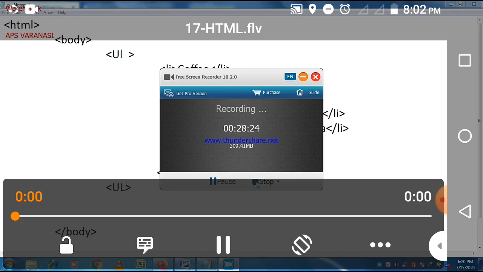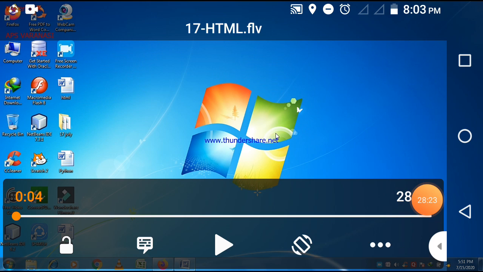I hope now you are able to implement the ordered list program in HTML.